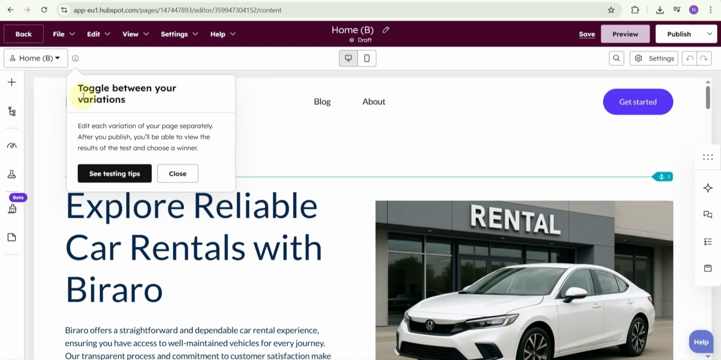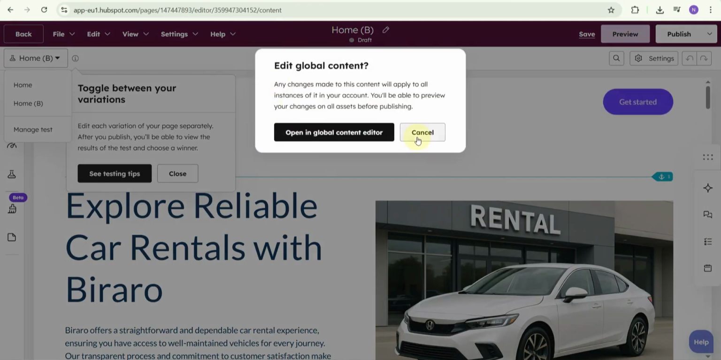Then you can set the test settings for traffic split, goal, duration, and more, and test both variants. Once you're done and you've chosen the most successful version, just head over and publish it. That's it for running A/B tests in